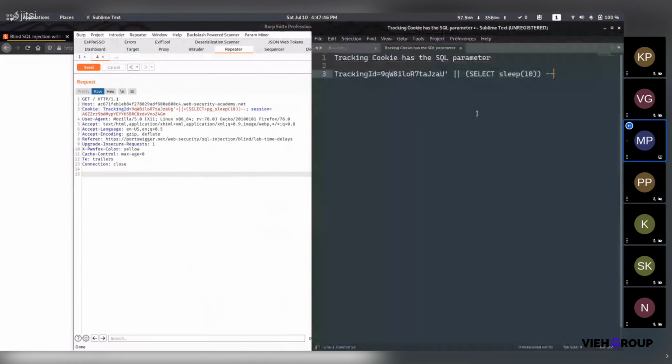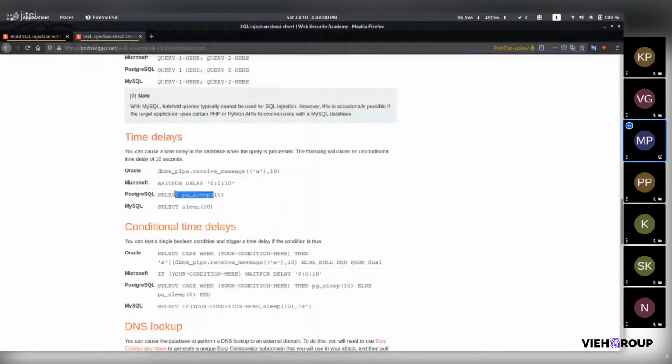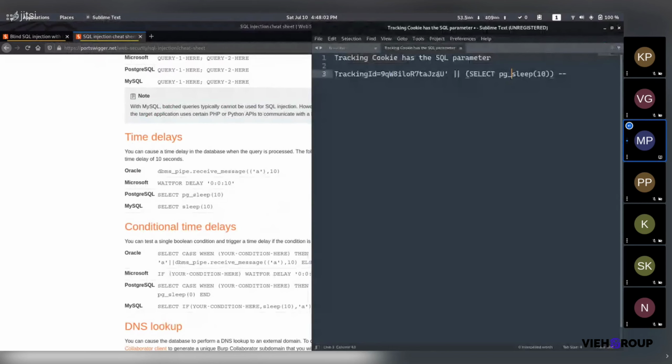About this payload: firstly we checked MySQL, and we did not get a MySQL response, so it is not a MySQL database. When we added pg_ from our cheat sheet, it worked, so it is a Postgres server. We have confirmed it using our vulnerability.